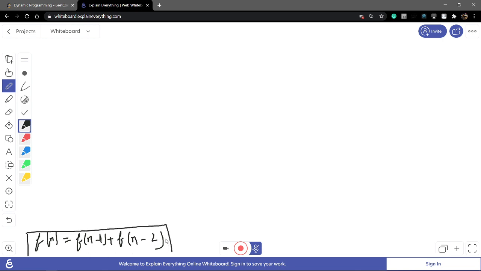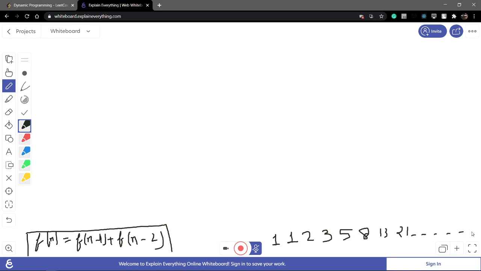And how to compute it? The Fibonacci series starts from 1, then the second element is 1. We have fixed the first 2 elements. Now the series is f(n) equal to f(n minus 1) plus f(n minus 2), that is the summation of the previous two: 2, 3, 5, 8, 13, 21.